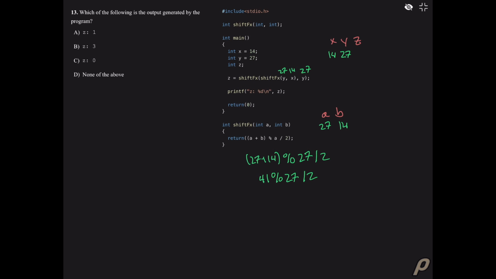And then we get a remainder of 14, because if we do our little division over here on the side real quick, we know that 27 times 1 is going to be 27, and then we subtract that and we get a remainder of 14, and that's the answer to our modulus. So we get 14 divided by 2, and that's just 7. It's integer division, but we know that there's no remainder, so it doesn't have an impact really on what happens here. So then we pass this